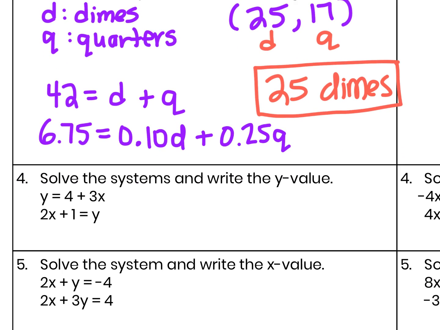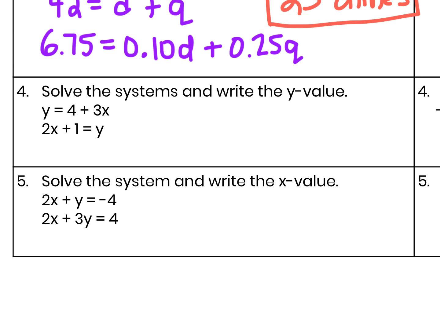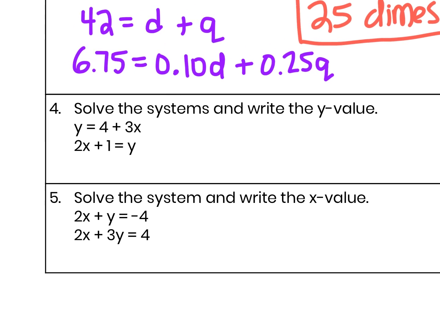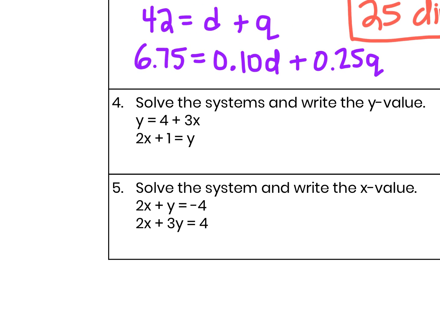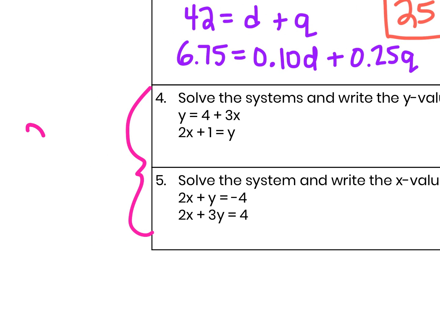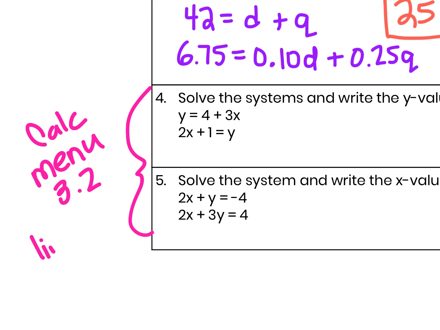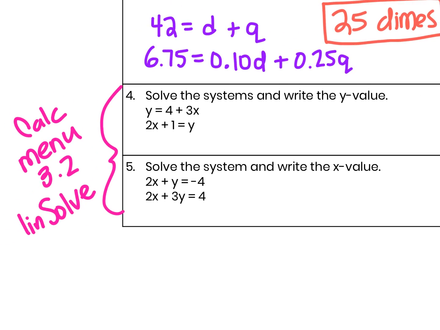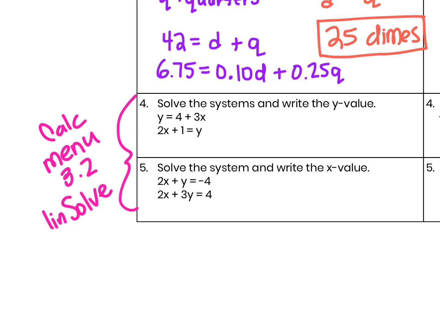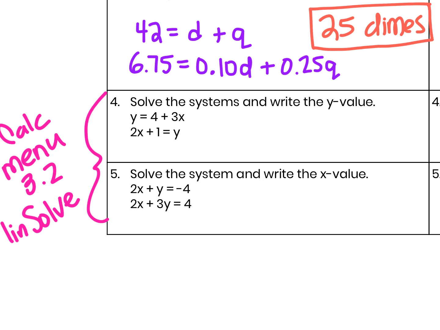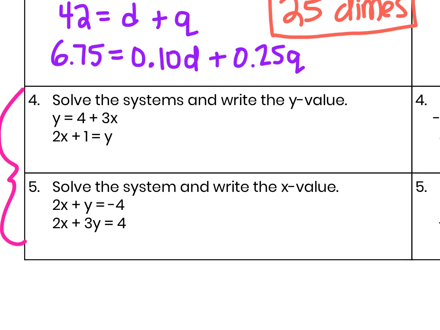Okay, so now number 4 says solve the systems and write the Y value. So just as we've been doing before, 4 and 5 are in the calculator. Menu 3.2, which is called linsolve. These are way easier because they give you the equations. You don't have to write them yourself. The only thing that you have to be careful of is they're asking you for a specific number, either the